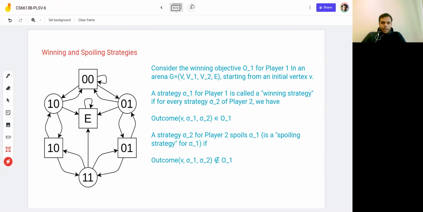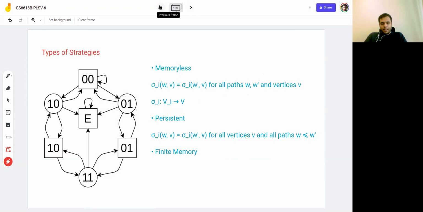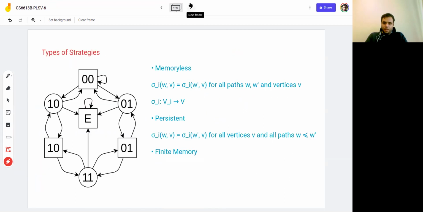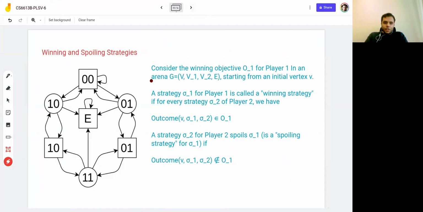Now in our definition of strategies, they weren't actually that useful because what we were saying was that a strategy is basically just a function that tells you how to play. But what we are actually interested in is when this strategy is useful for winning the game, right? So a strategy is a winning strategy if it wins you the game, of course. That's the simplest definition ever. But if we want to make this